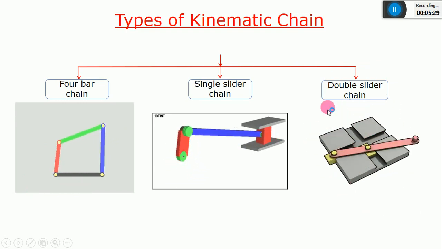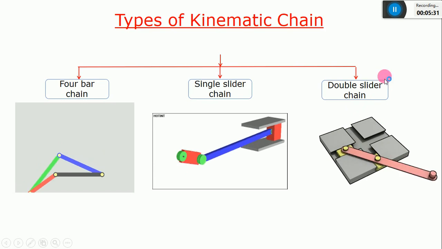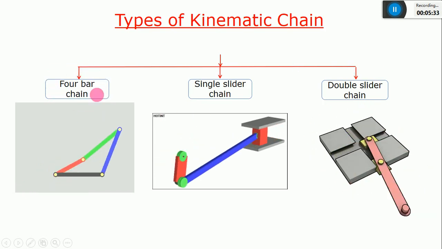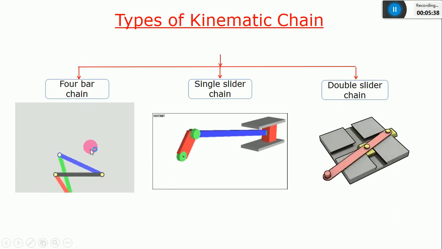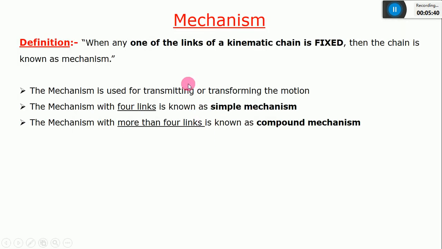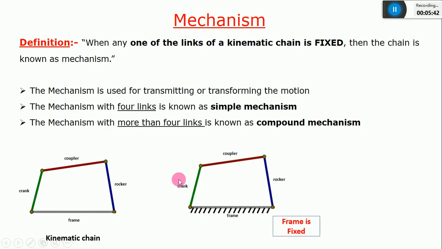Don't worry about this, and I'll explain in detail in the further classes. Today I'll go through the 4-bar chain and what the inversions of this 4-bar chain are. And so this was a mechanism. I explained what is a mechanism and what is a kinematic chain. So this is a kinematic chain in which